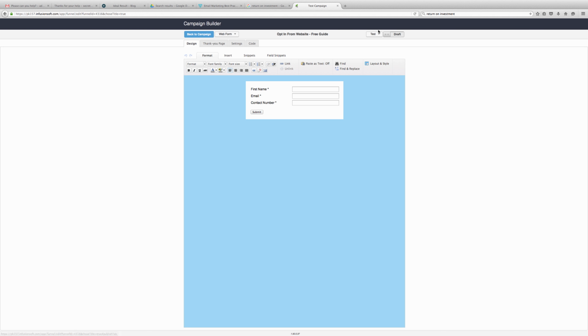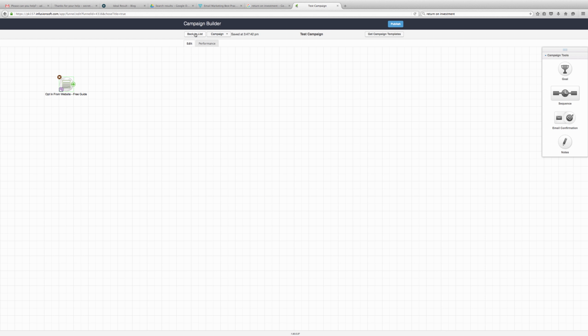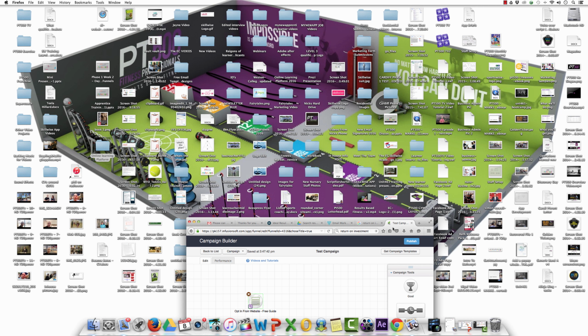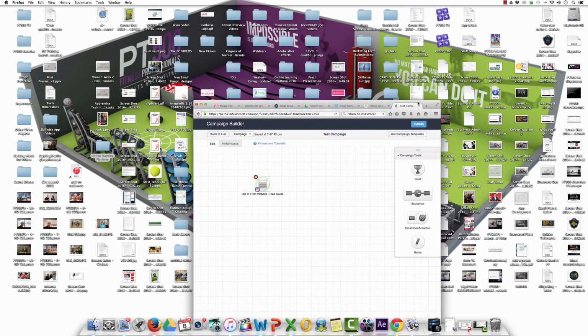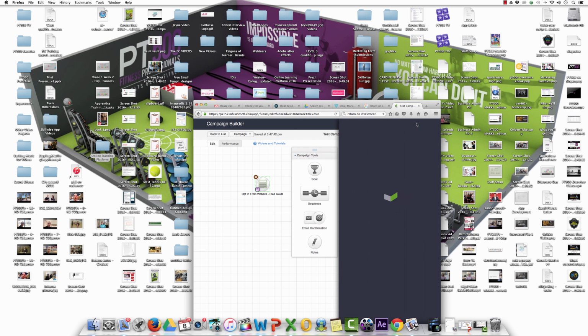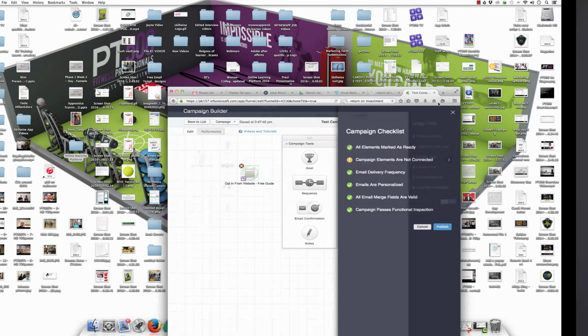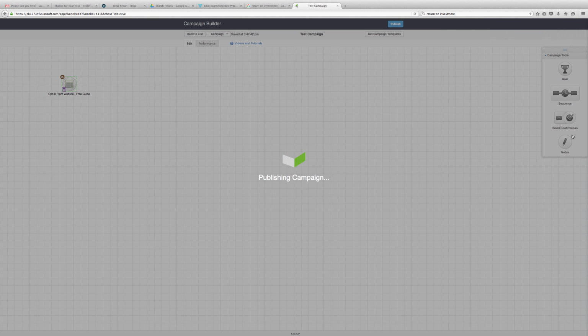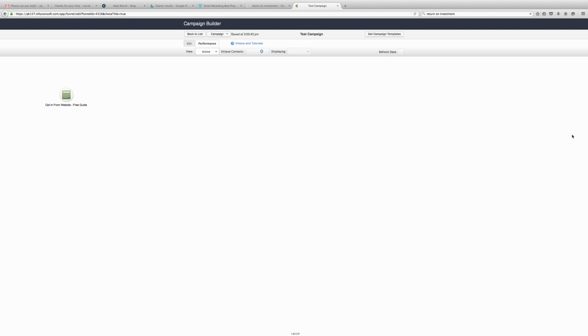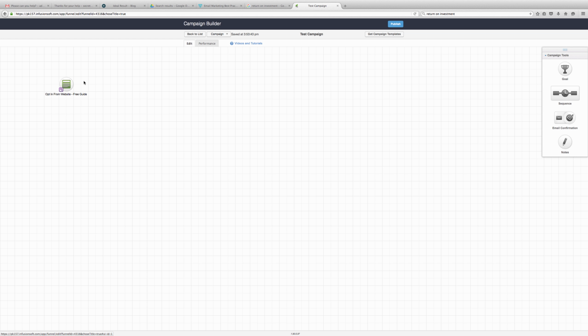So what you have to do, it's on draft at the moment, take it from draft, click on it, make it green, we'll go to ready, go back to campaign, and then you need to publish the campaign. Publish is just there, the blue button, because I had the screen a bit bigger, it wasn't showing. So just click on publish. This will then come up at the right while it's checking your Infusionsoft to make sure everything's all good. Click on publish. Okay, now that's published. Come back to the top, go into edit mode again, double click,